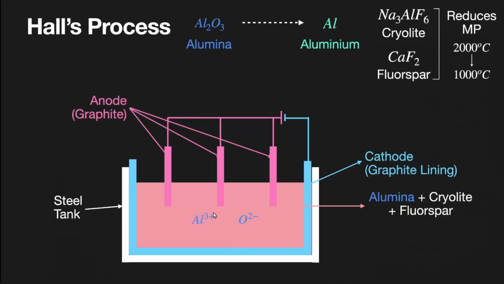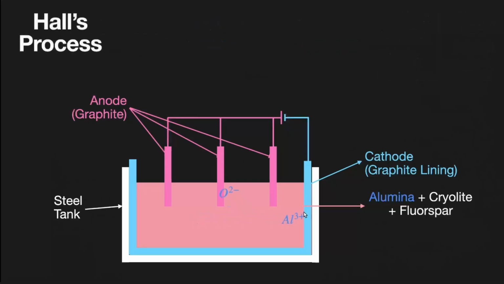Great. Now, don't you think our Al3+ ions would want to rush towards the negative terminal or the negative electrode? Right? That's exactly what happens. Al3+ goes towards the negative electrode, while O2- goes towards the positive electrode. Great. What is happening at the cathode? Can you guess? Yes, electrons are going to flow out of the battery and they are going to come towards the cathode, right? And at the cathode, Al3+ plus 3 electrons is going to give us aluminium, pure aluminium metal